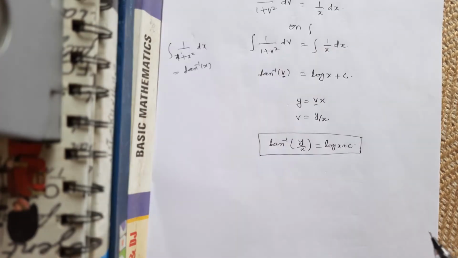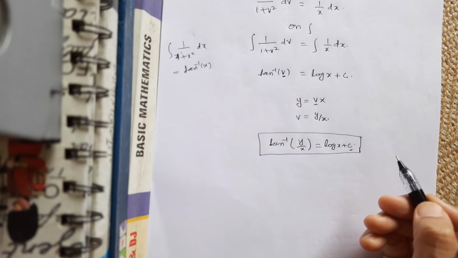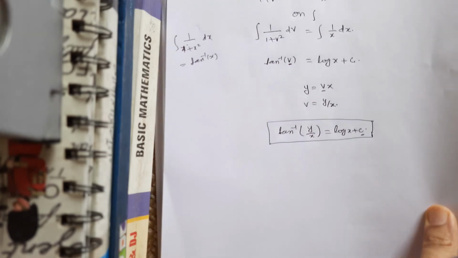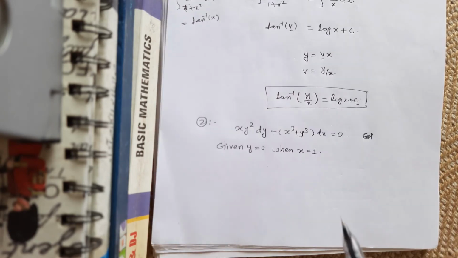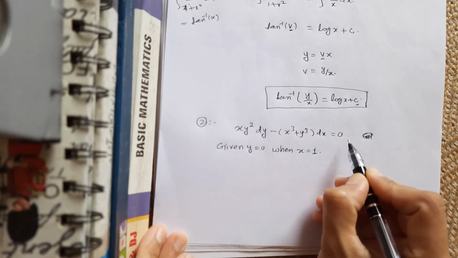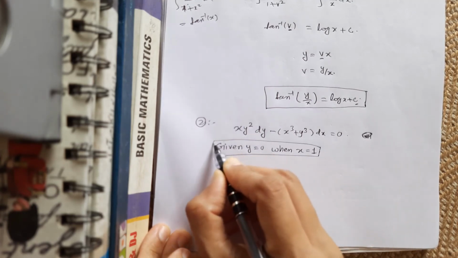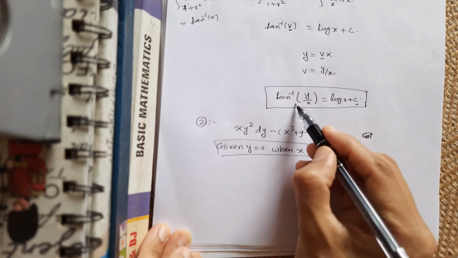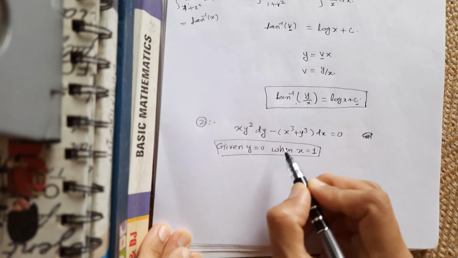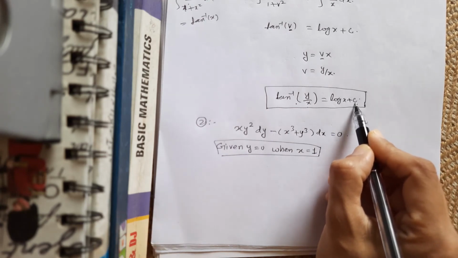Sometimes an initial or final condition is given in the differential equation, from which you can also find the value of c. So let's discuss one more example so that the concept will be clear to you. Another example I have written here, and this is the given condition. You need to use this when you finally get the solution. For example, if in this example I want to use this kind of condition, then I will apply it on this equation to get the value of c here.